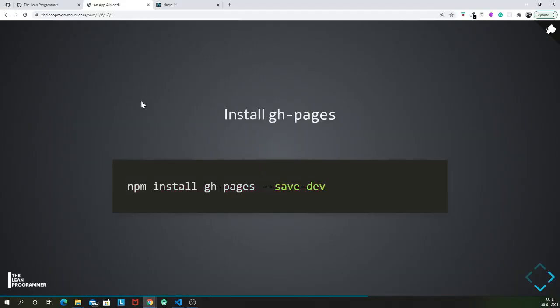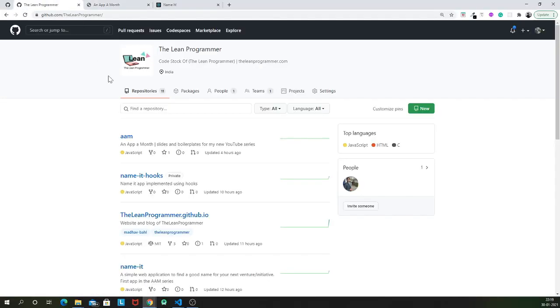In the meantime, I want you to make a GitHub repository if you don't already have one. GitHub is a place where you can store all your code, and then you can use Git version control and so on. More on GitHub can be done in a completely separate video. It deserves a separate video series itself. If you want, I can create another video series on basic Git commands and how to use Git and GitHub. But for now you can just follow along.